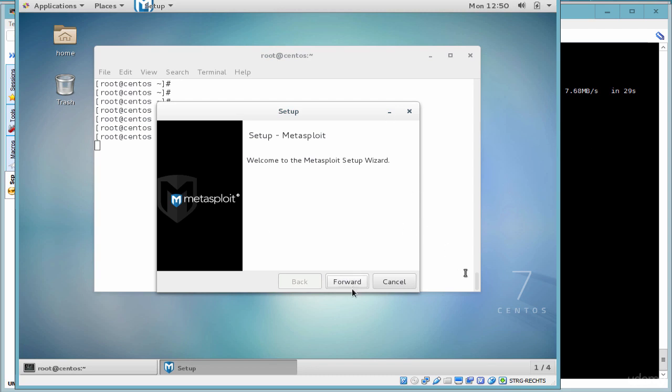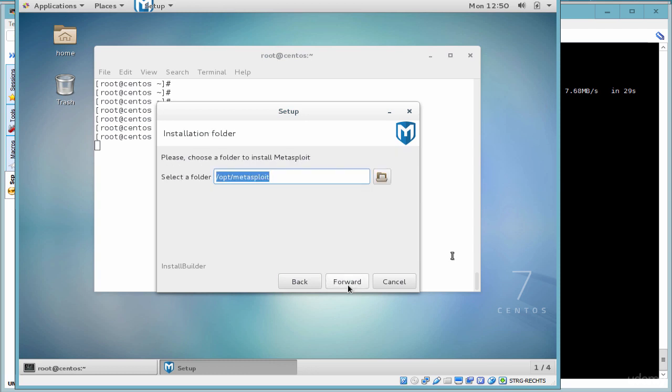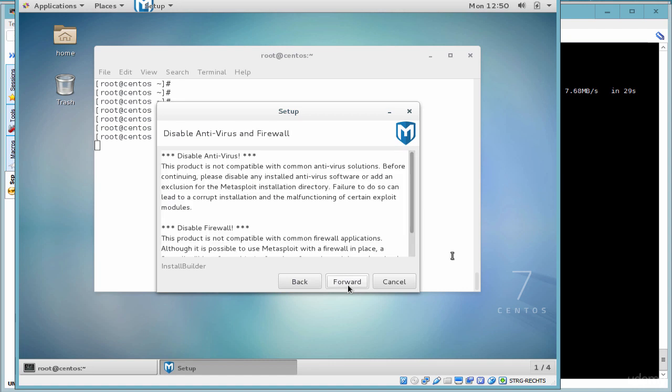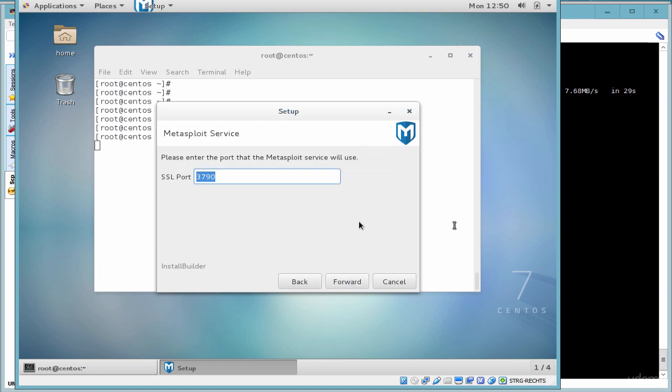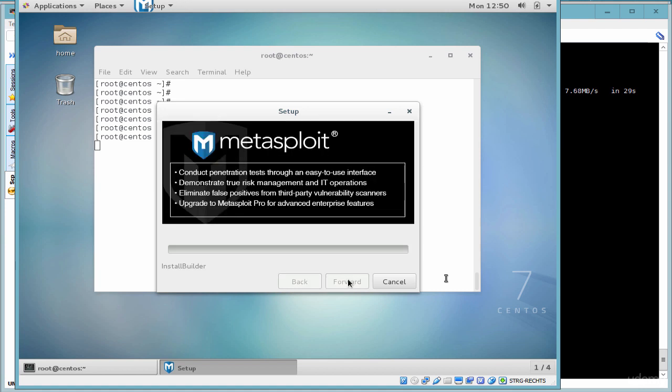I can click forward here and move to the next step. I accept the agreement. Let's forward to the next step. Choose a path. That's fine for now. Yes, I want to install Metasploit as a service. Forward. You want to make sure if you have any firewalls or antivirus, you need to disable that before proceeding. There may be some interference if you have an antivirus or firewall enabled. So make sure you disable that. This is the port that we will be listening in on. This is all okay. Leave that as is,